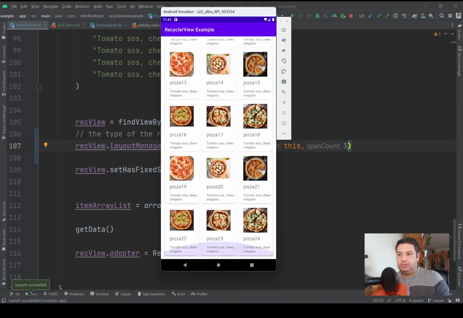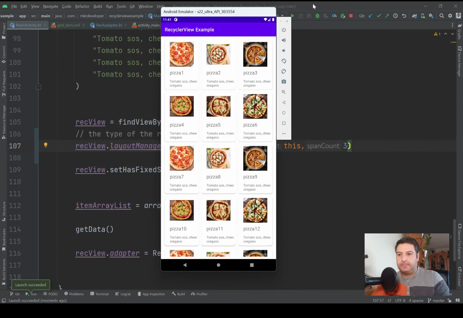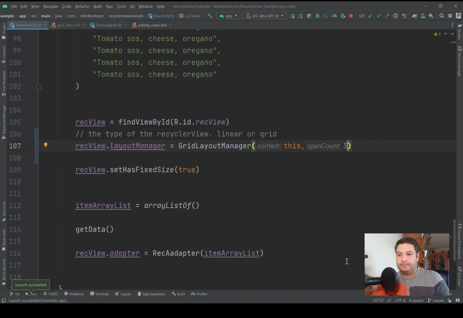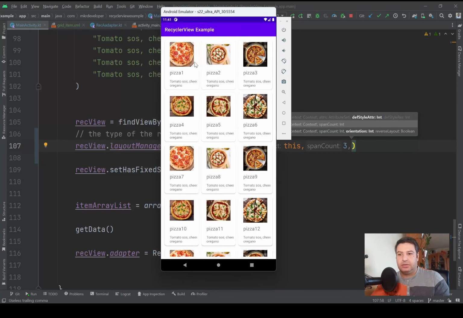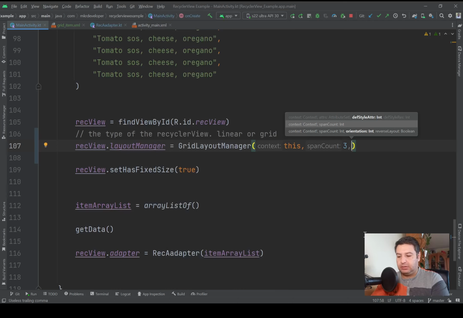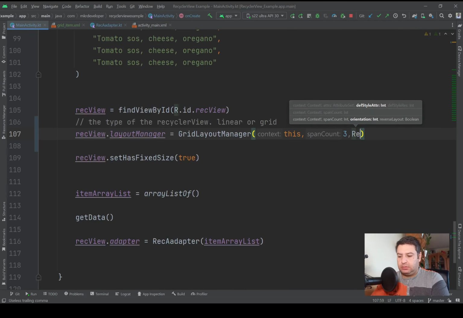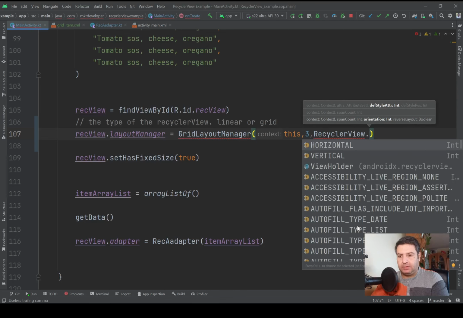Okay, it's like this. And the next item that we can add here is the orientation, which can be horizontal or vertical. So if we want a single row here, and we want to scroll from left to right to see the items of the recycler view, we can here write RecyclerView.HORIZONTAL,